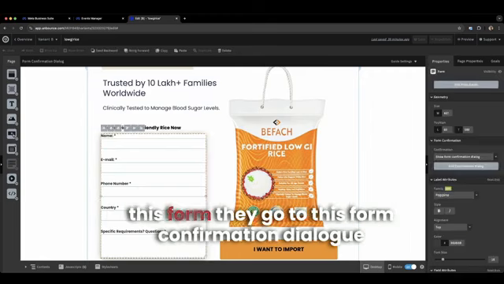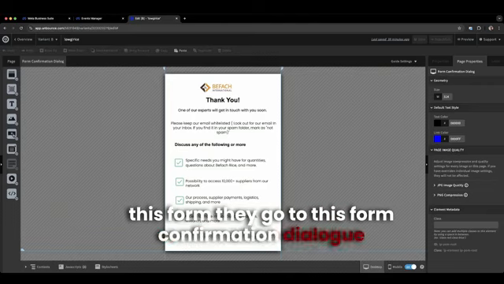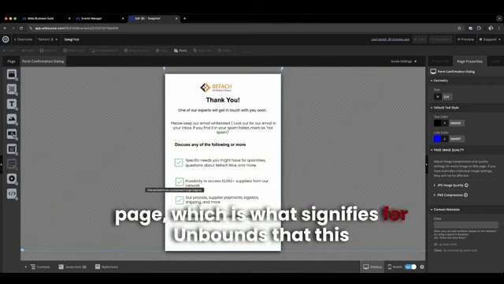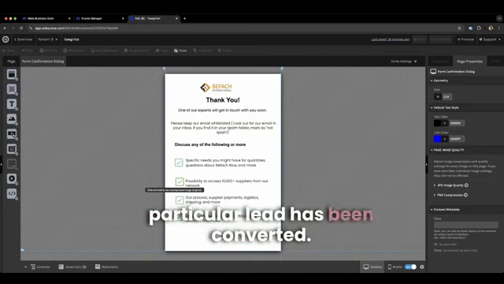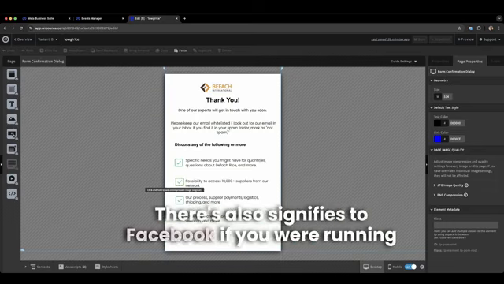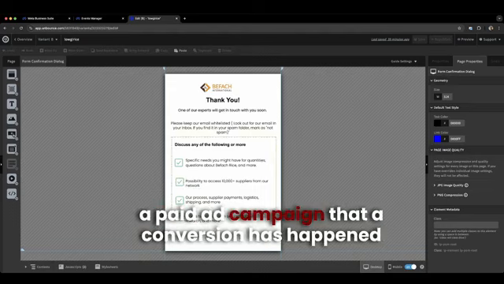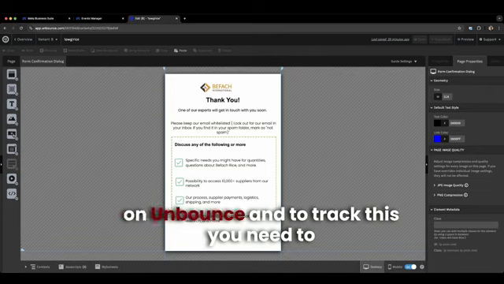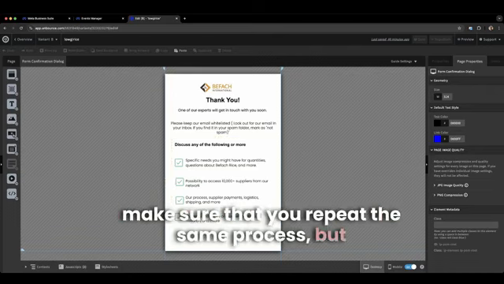And if somebody fills up this form, they go to this form confirmation dialog page, which is what signifies for Unbounce that this particular lead has been converted. This also signifies to Facebook, if you were running a paid ad campaign, that a conversion has happened on Unbounce. And to track this, you need to make sure that you repeat the same process, but this time you're going